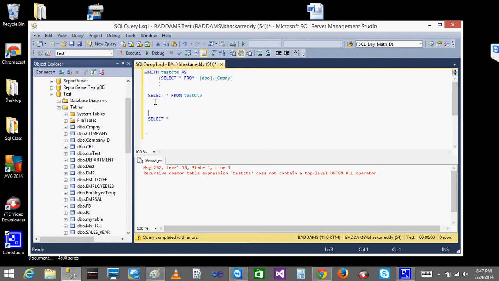So this is for the CTE, and I am giving another one, recursive. You can have a recursive CTE with that also, with test CTE 1, and I'll give select. I need to remember the syntax for the recursive, so I'll just check my website.